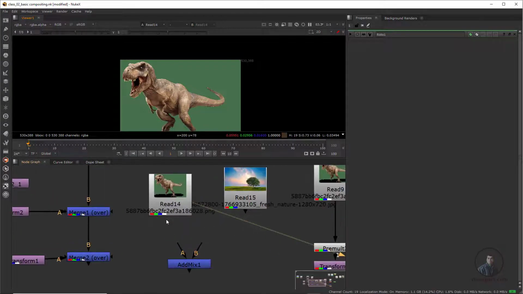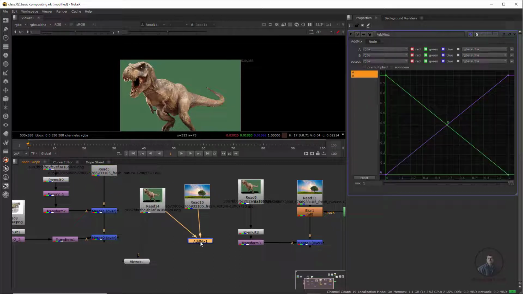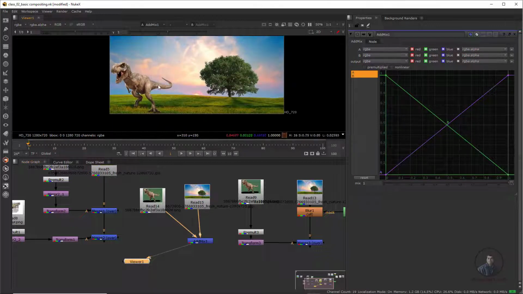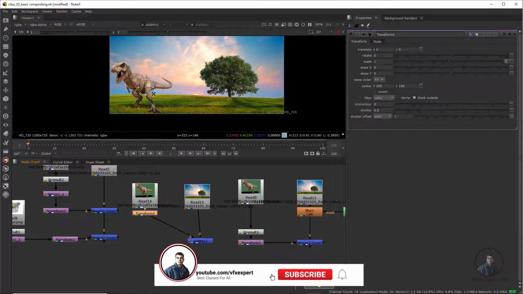So now even downside you can also see this is a 4 channel image. So you can directly compose. There is no need for this pre-mult node. Now I am going to see it, just for explanation. This will be a background, and you can directly connect this 4 channel image, and this will be the output. So select this one, press 1 here. Here I have double clicked. Now select this one, press 1. Now you can see direct compositing here without pre-mult. Now again same thing remaining.